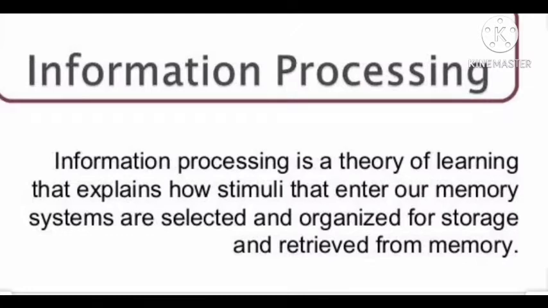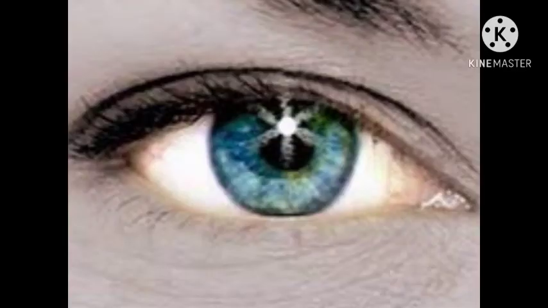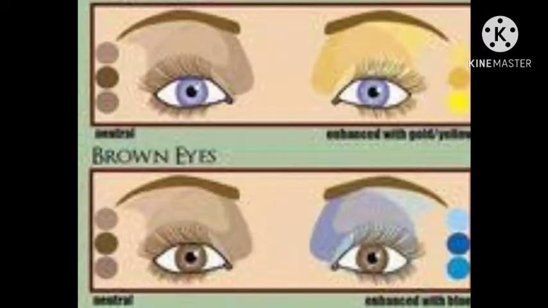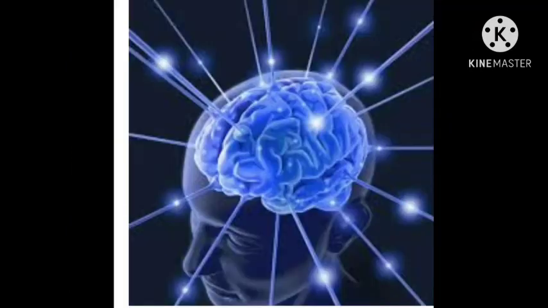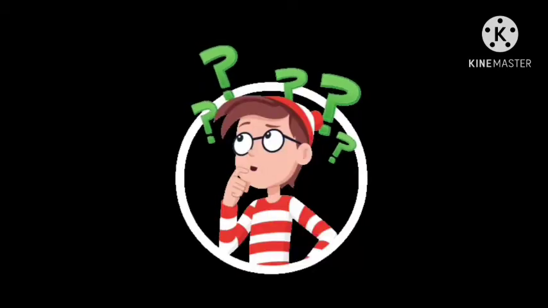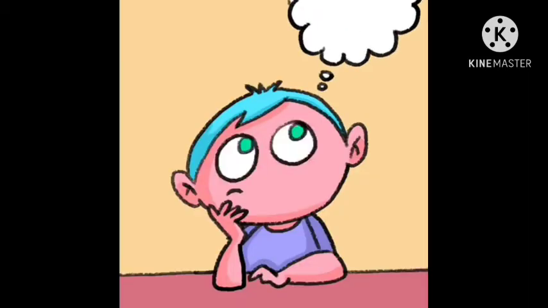For example, the eye receives visual information and codes it into electric neural activity, which is fed to the brain where it is stored and coded. Hence, the information processing approach characterizes thinking as an environment providing input of data, which is then transformed by our senses. Now, let's think about the situation.